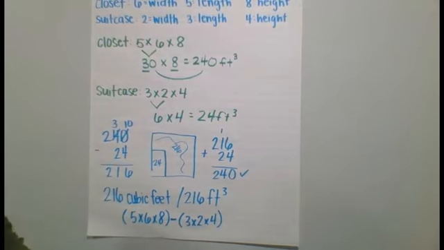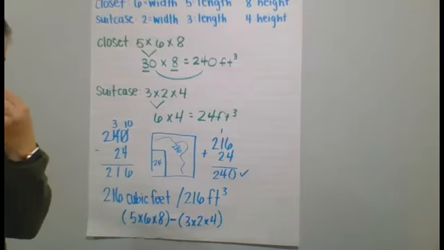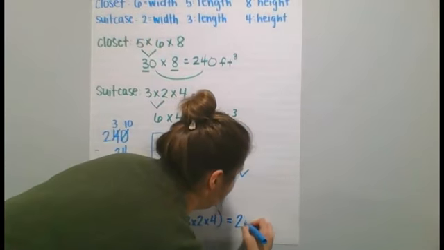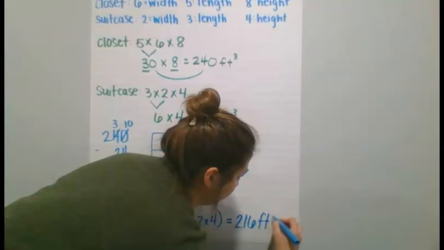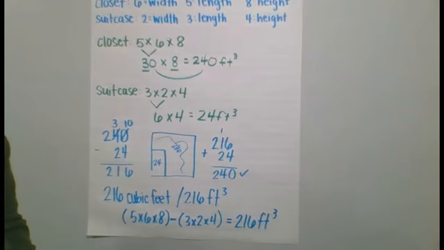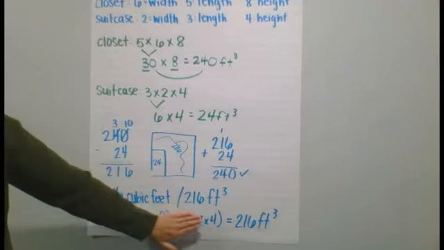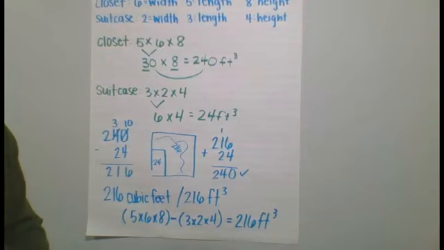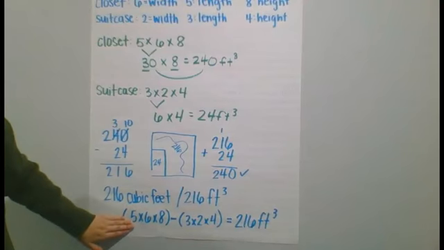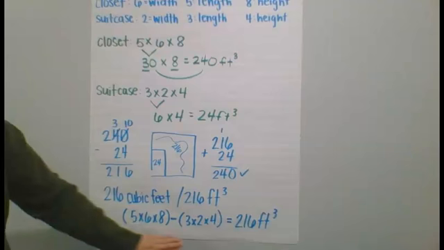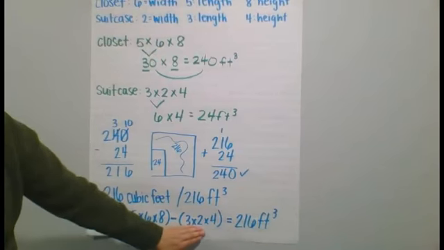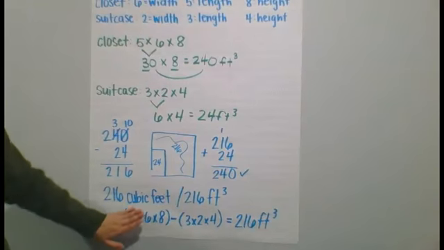And then that gave me my total of 216 feet cubed. So make sure that you're using those parentheses to separate the 2 problems, and then you're subtracting them from one another. And it's really important that this one goes first because this is 240 and this is 24, and you don't want to do 24 minus 240 because that wouldn't make sense. So the closet has